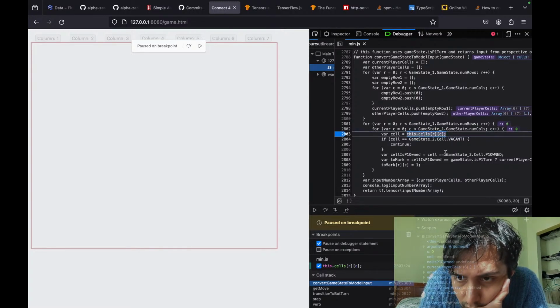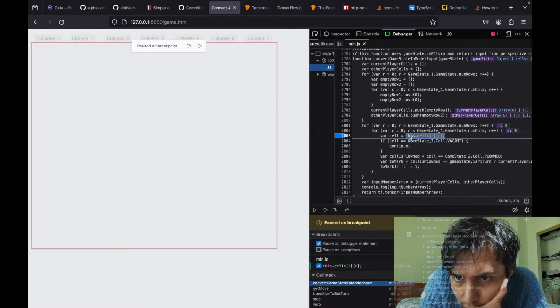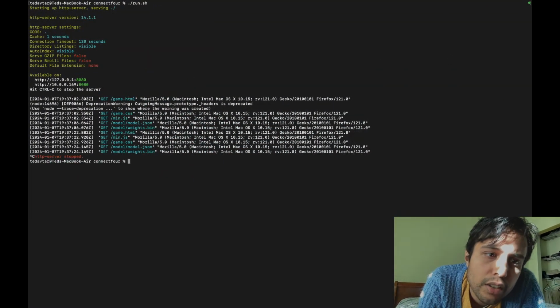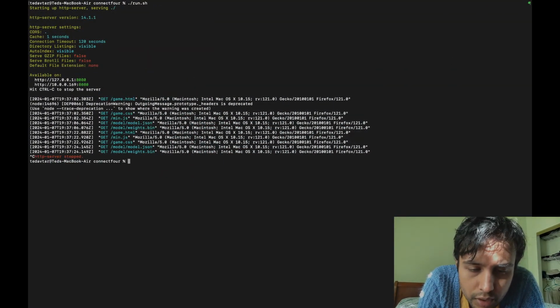This.cells is undefined. It should be GameState.cells. What am I doing? Okay, right, I understand. It's because of a copy and paste error.